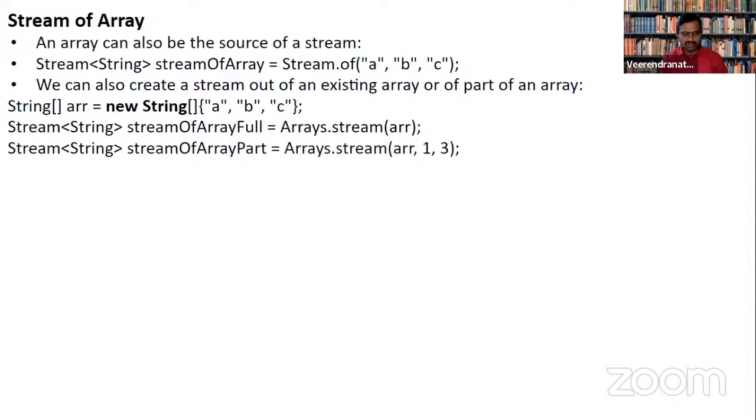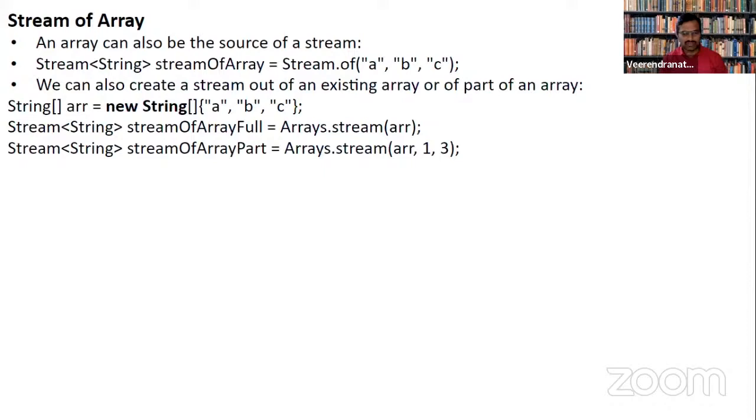Now when you look at the first line, you can see the whole array being transformed into a stream. But in the second line, we see the elements 1, comma 3.